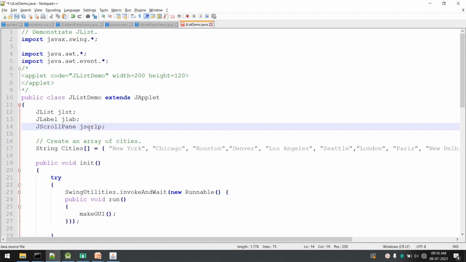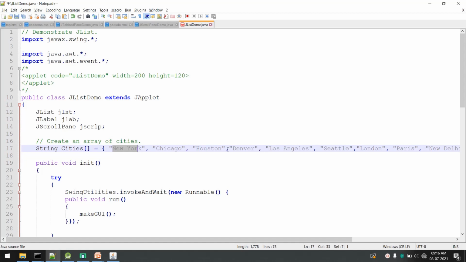Okay, then we have created a variable of type string array. So this is a string array, you can see, and this contains some elements, an array of elements. We have some city names: New York, Chicago, Houston, Denver, and so on. All these city names we want to display in our JList.